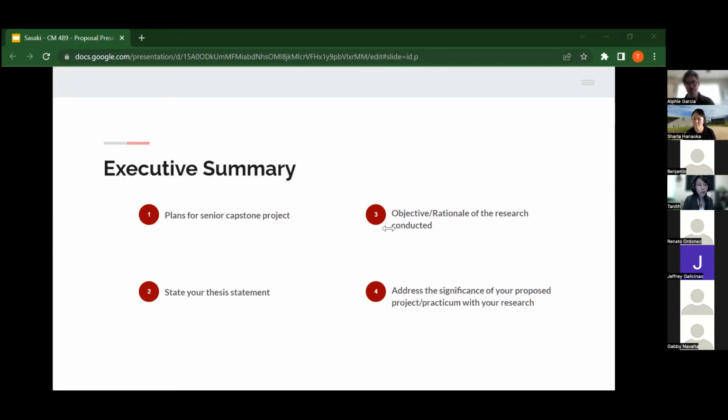Number three, my objective for conducting research on this topic, which was mainly to learn more about autism spectrum disorder, or ASD, and to spread awareness of it. And number four, the significance of my project idea, which is how it fills a gap that I have found during my research of the nonverbal autism community in regards to the types of resources available to them, or lack thereof, which I will delve into later on.